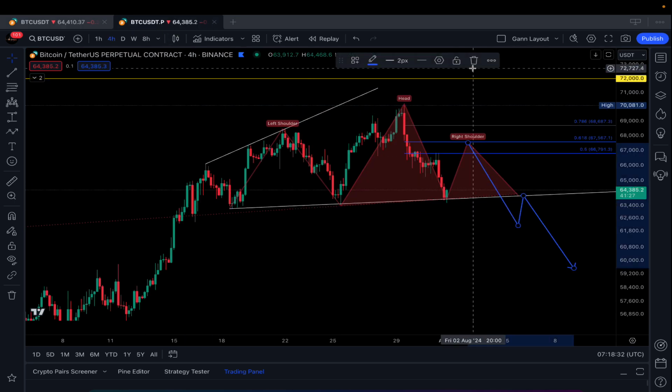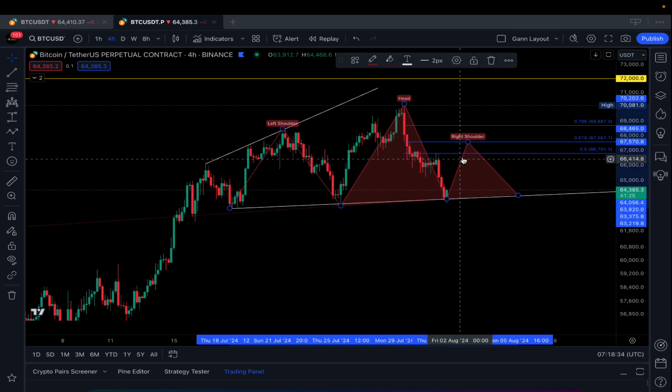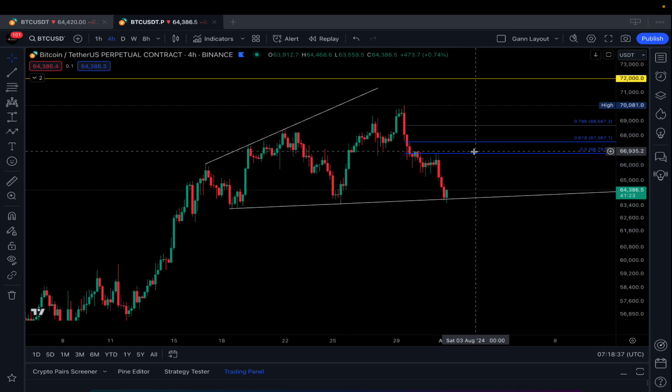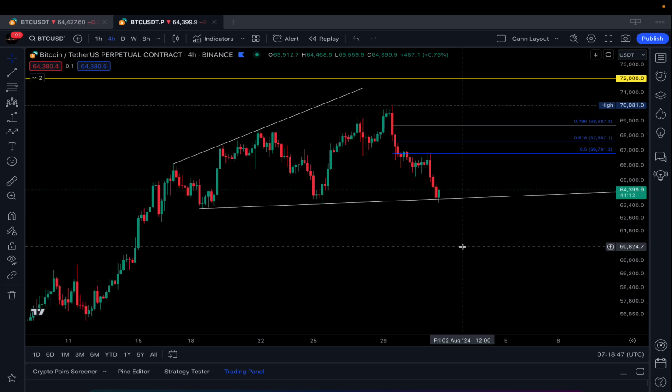However, in the immediate term, I'm long. I shared my long trade on Twitter, and I will be looking to exit from this trade at around 66.8, maybe a bit higher. I don't know yet, but I will update you on Twitter.